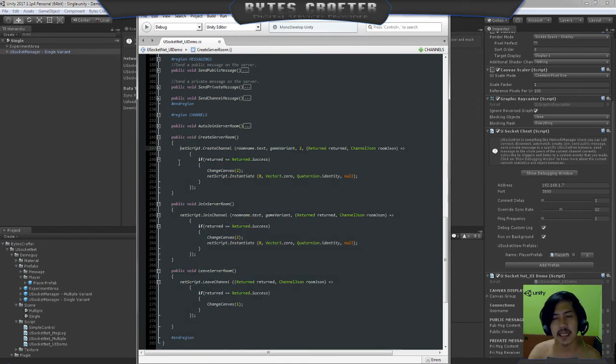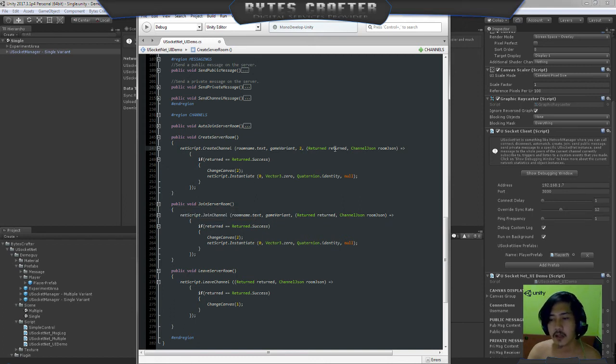The next thing is to create a server room. So creating a server room will require a parameter of a room name and a game variant, and the maximum connection. For example, here when we create, as in the example that I told you, if the current channel max connection is met, the succeeding user will now be creating a new channel to be able for it to join the server channel.